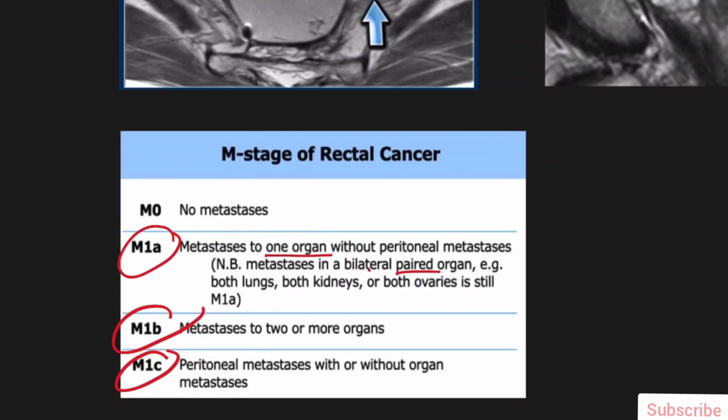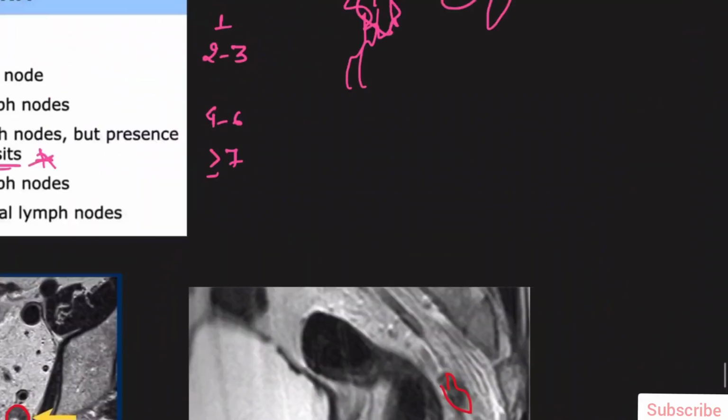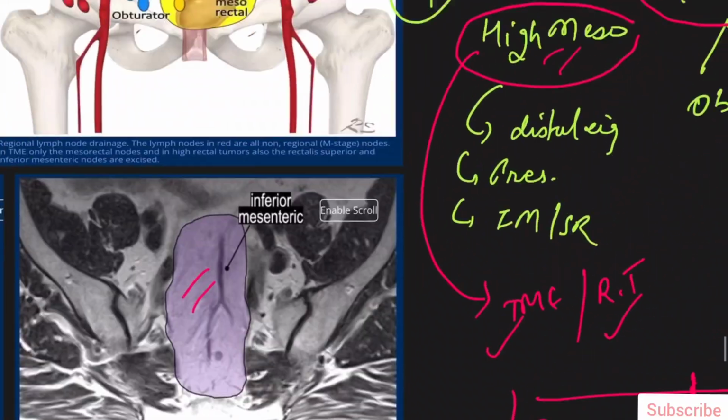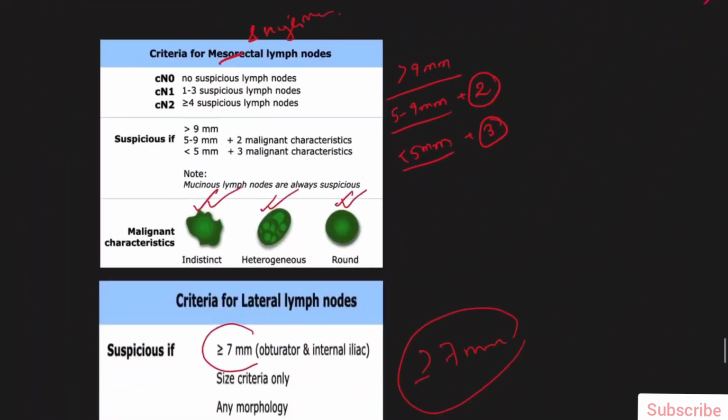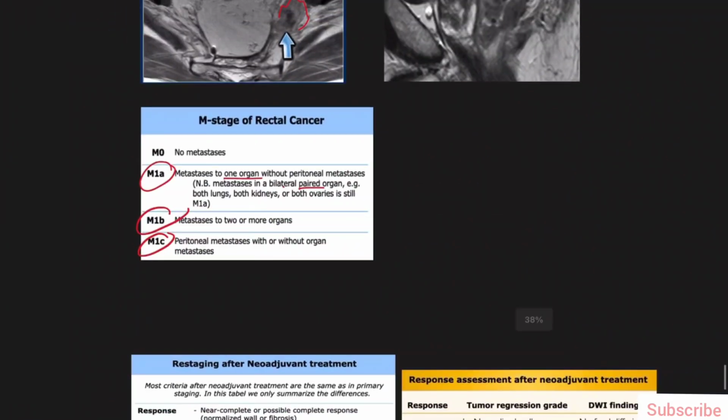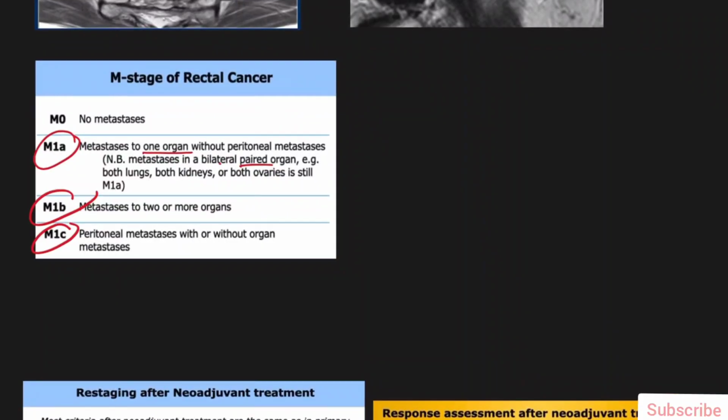Remember, we have talked about the non-regional lymph nodes. Involvement of these non-regional lymph nodes is taken as a single organ, and single organ is given as M1A stage. Okay, so this is all about the N and M staging. And next we are going to discuss the